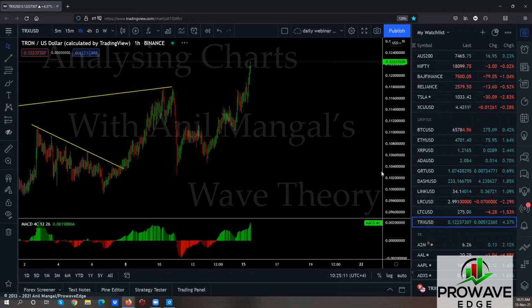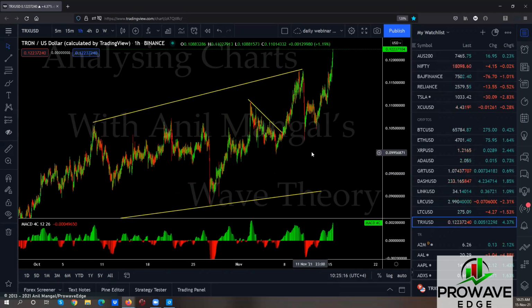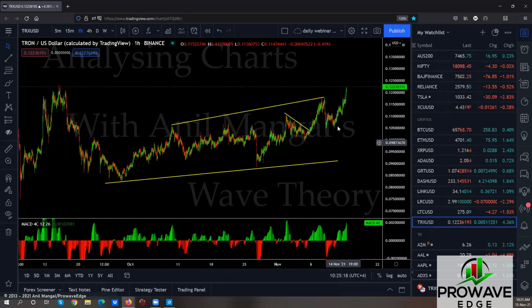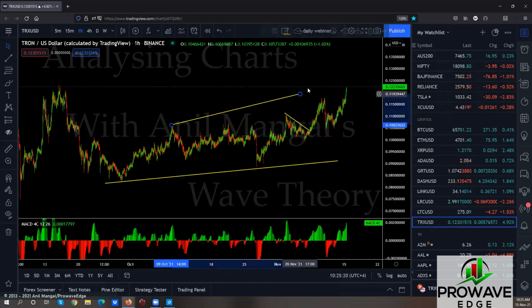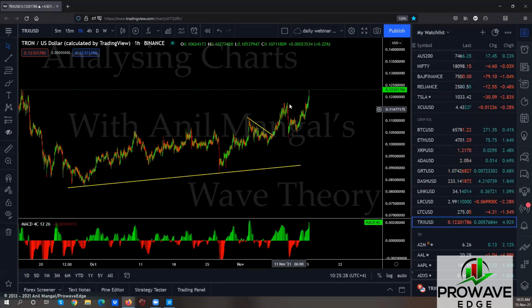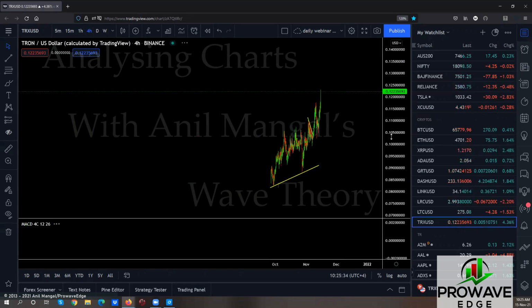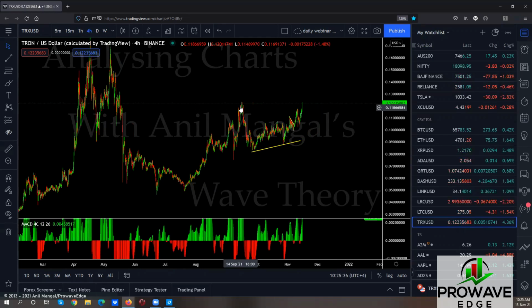TRX. Okay, so this one made a new high. Let's see where we are. This is a sharp move. We don't have anything to go with that. So if you take this out, we had a very sharp drop here. Like when we had this sharp drop, we got this one, right? We don't have anything to go with this. So at some point, I'll be looking for a running flat. Let's see the bigger picture. And we don't have anything to go with this one as well.